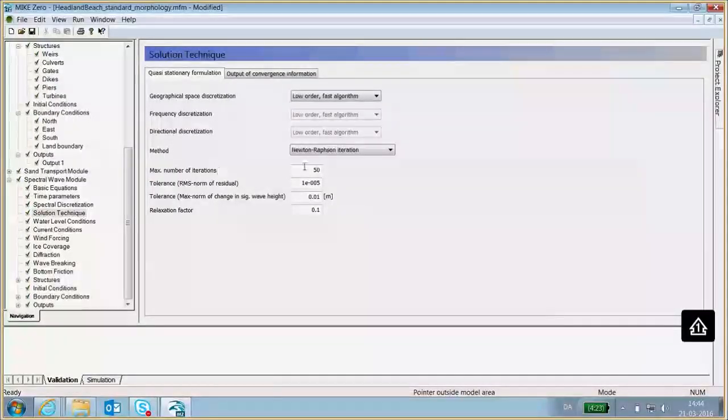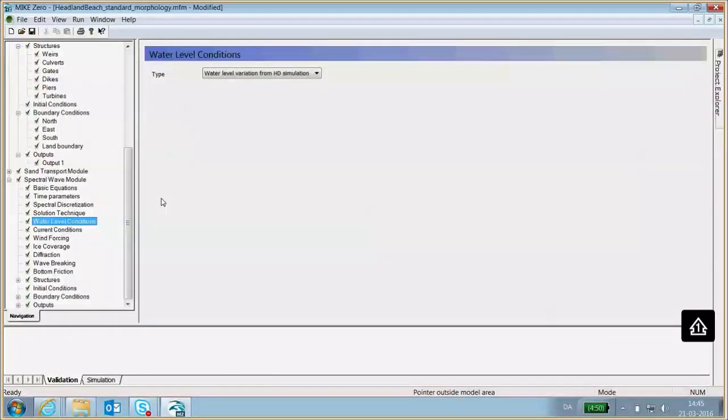The parameters for the solution technique are seen here. Pretty standard ones, maybe a little bit high here, but that's okay. In general, you should make sure that you have enough iterations when things are happening in the spectral wave module. So you want to have at least, say, maybe 40 to 50 iterations at each time step when things are happening. If you have that, then you usually have a good enough solution for what we are doing anyways.